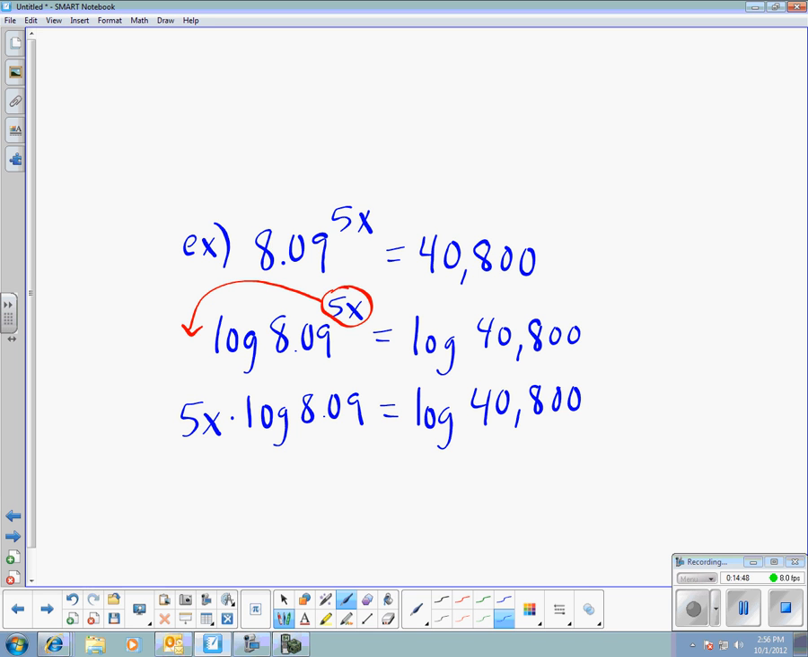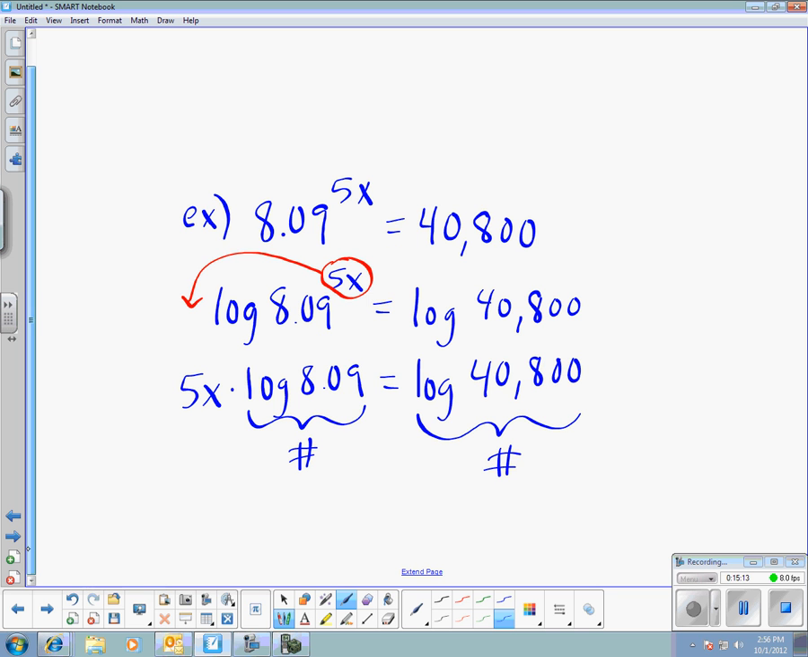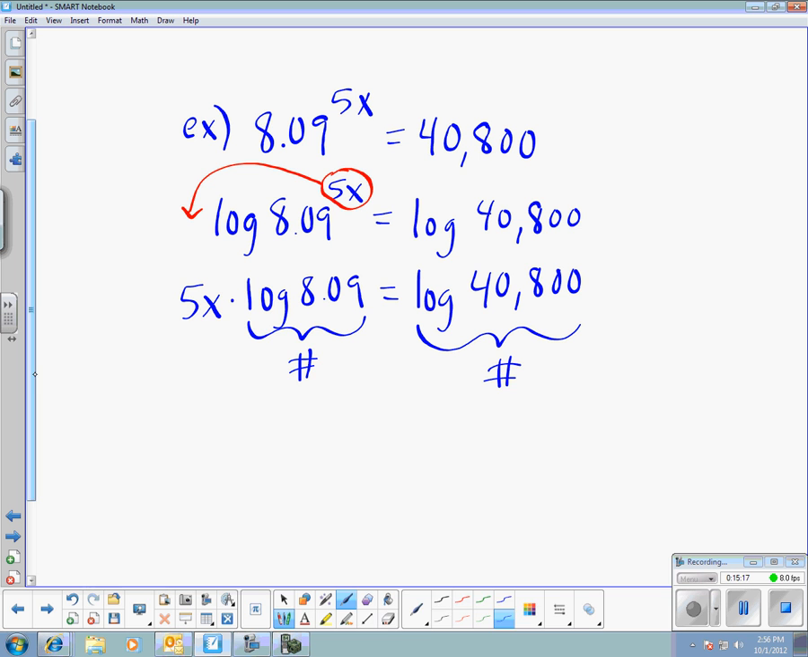Okay, another thing I want to stress to you is that the log of 8.09, this is some number. Okay, I don't know what number it is. It's whatever I need to raise 10 to get 8.09. So it's some value a little bit less than 1, because 10 to the first would be 10. So this number is what I need to raise 10 to get 8.09. Same thing over here. This is some number. So I don't know exactly what that number is. My calculator could tell me, but before that,